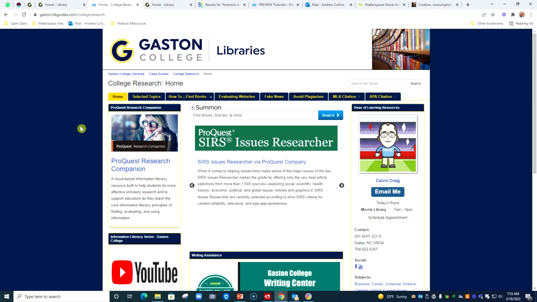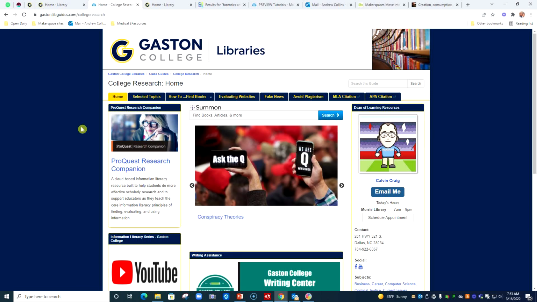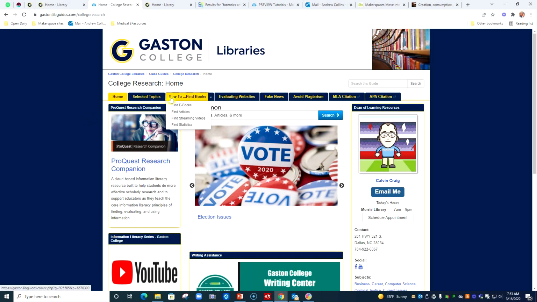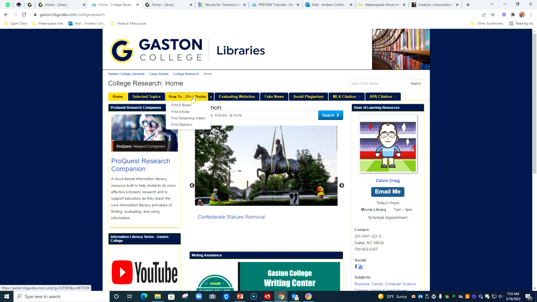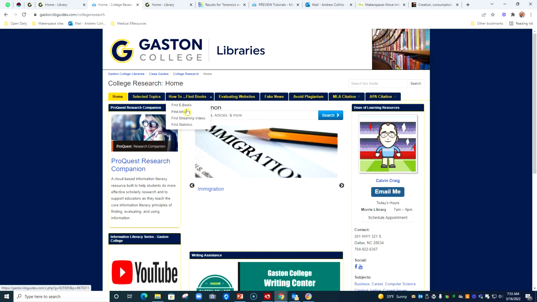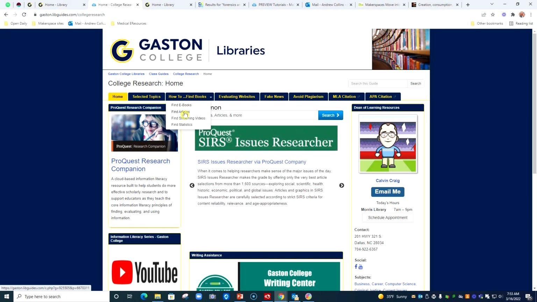Okay, so once again, we are assuming that you have narrowed down your research topic to a well-defined and focused research question. And we have already looked at how you can select topics. We are on the second tab, the How-To tab. And if you need to go back and review how to find print books or how to find ebooks, you can just click on those options under this tab and find those. We're going to be looking right now at how to find articles. So click on Find Articles,